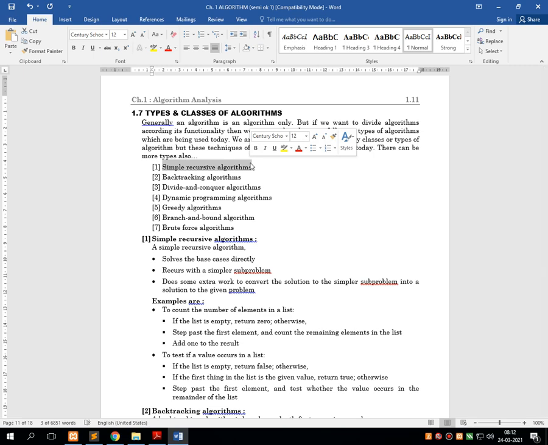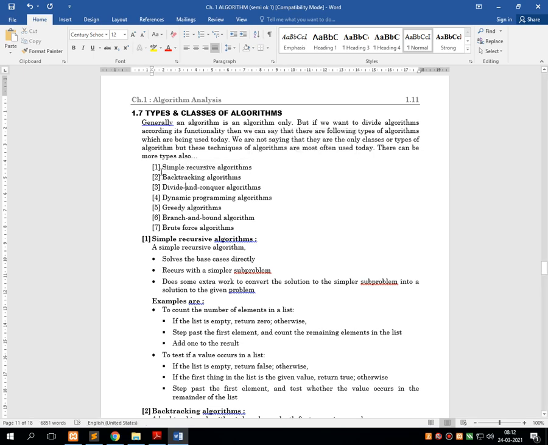Even we can implement the same program with various types of algorithms like simple recursive algorithm, backtracking algorithm, divide and conquer algorithm, dynamic programming algorithm, greedy algorithm, branch and bound algorithm, brute force algorithm.